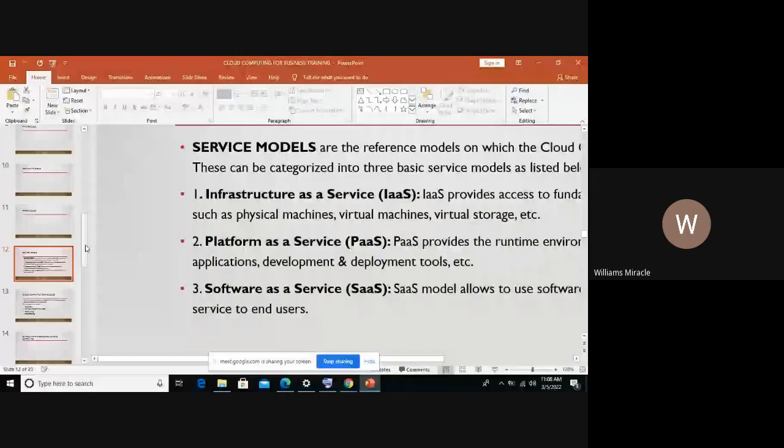So these are the various service models that we have. Okay, and there are other ones. We have the network as a service, we have the identity as a service. By the time we are doing practical, you get to understand the identity as a service. For example, when you're logging into your email address, maybe you just put your username, you notice the thing just pops up and asks you to put your password. So all those ones fall on the identity aspect.